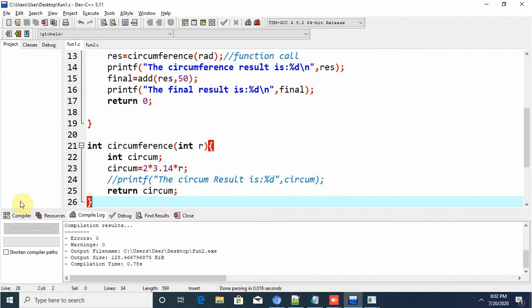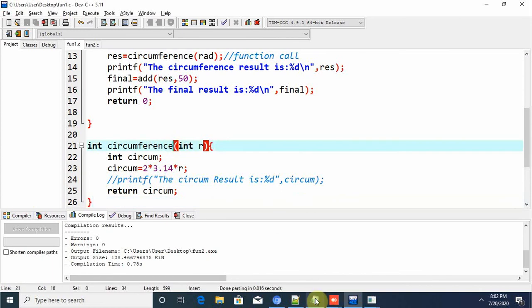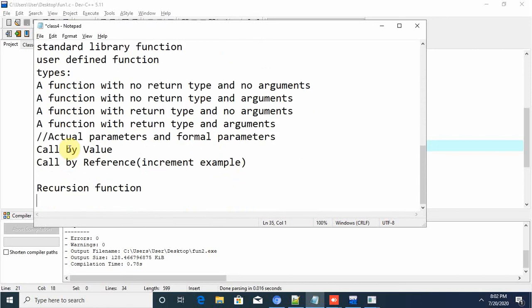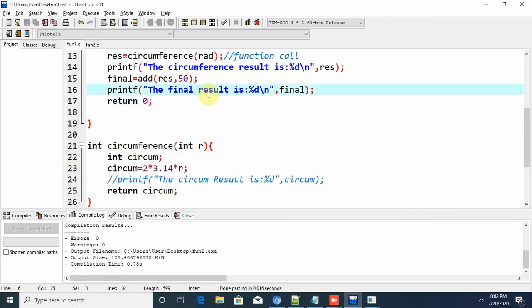Sorry, which file? This file I'll send you, these programs I'll send you.